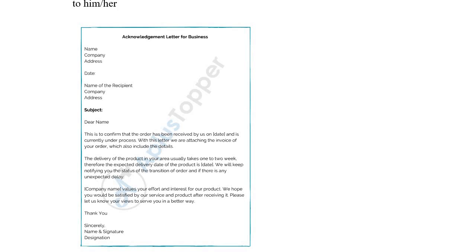For example, this letter says this is to confirm that the order has been received by us on the date blah and is currently under process. So you see, that is an acknowledgement note. So after that, we go to the next